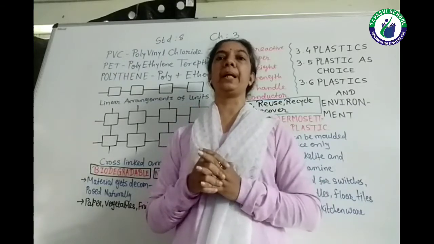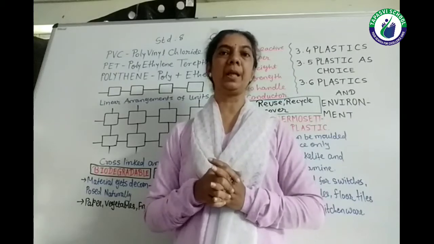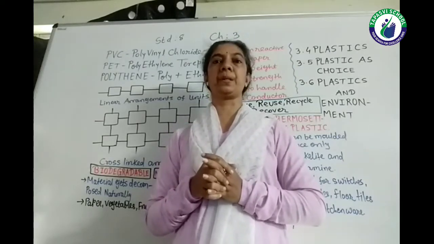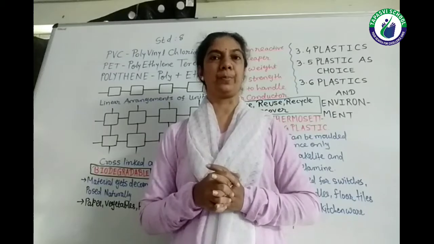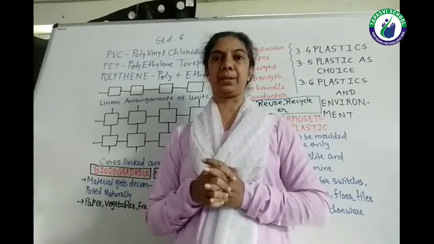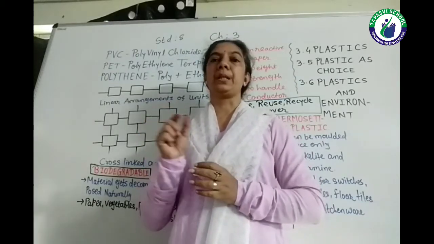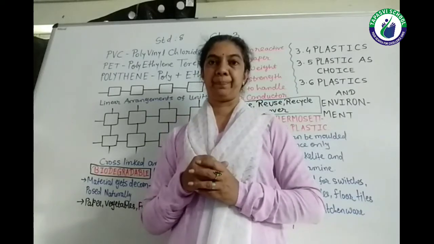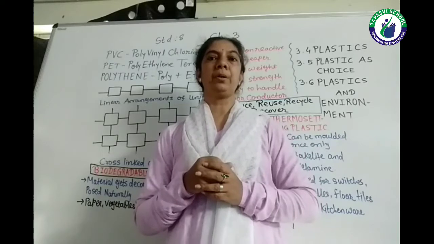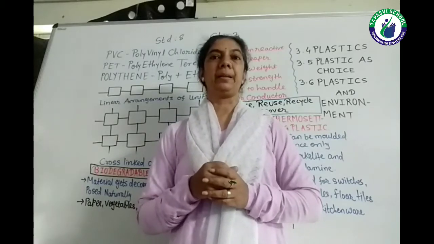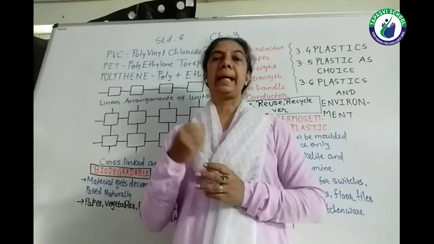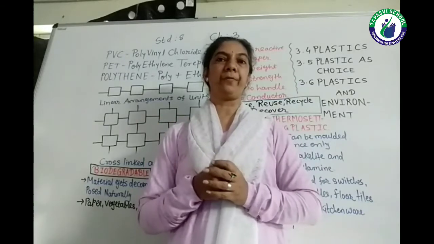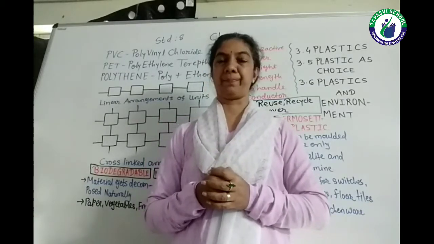For example, nylon is used for making the parachutes, ropes, then rayon is used for making curtains, bed sheets, etc. So try to stick the pictures of that also with that type of fiber. That could be a very good activity and that could give you the exact concept of different types of materials.